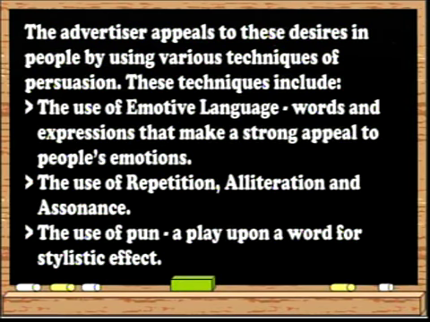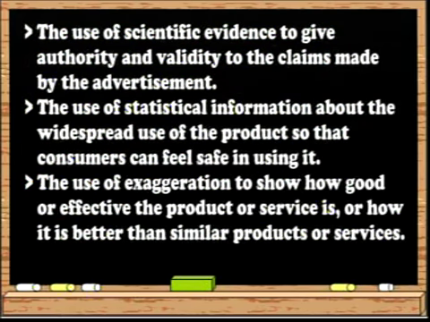These techniques include the use of emotive language, words and expressions that make a strong appeal to people's emotions, the use of repetition, alliteration, and assonance, the use of pun, a play upon a word for a stylistic effect, the use of scientific evidence to give authority and validity to the claims made by the advertisement, the use of statistical information about the widespread use of the product so that consumers can feel safe in using it,